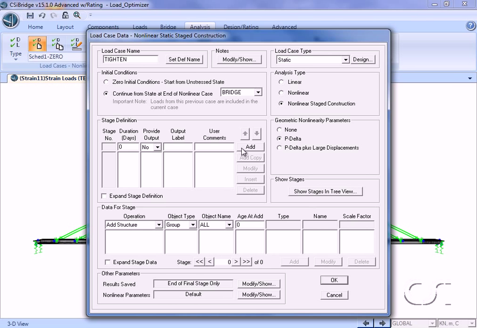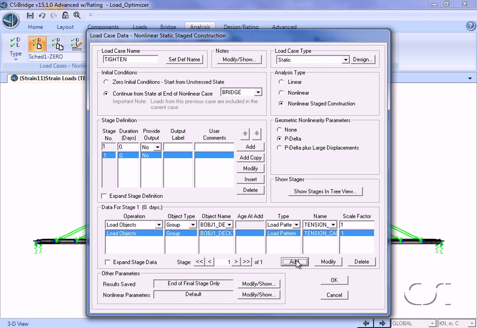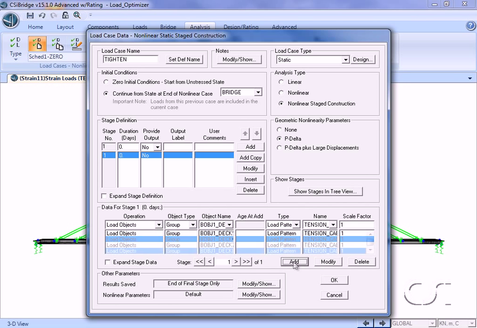For this case, we will add load using the tension cables pattern for each of the 9 groups of cables, starting with deck 1, and ending with group deck 9.